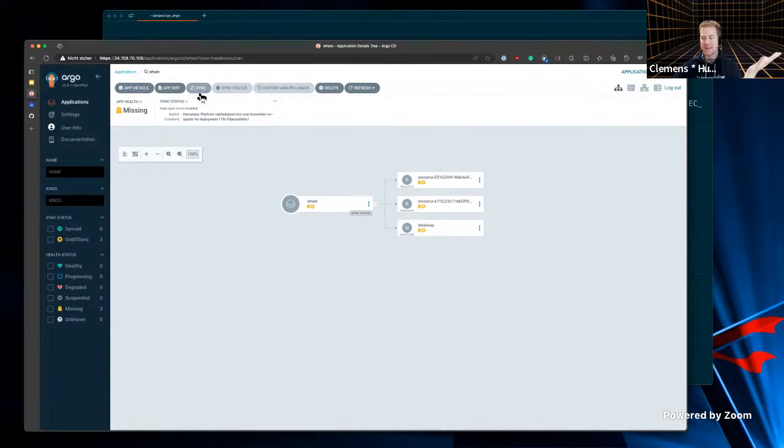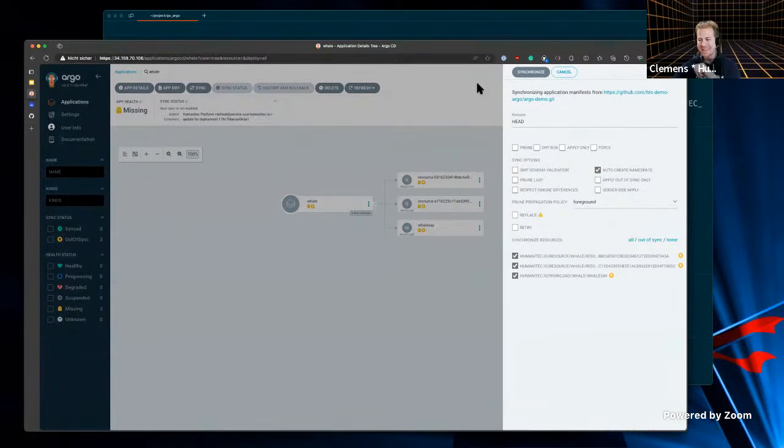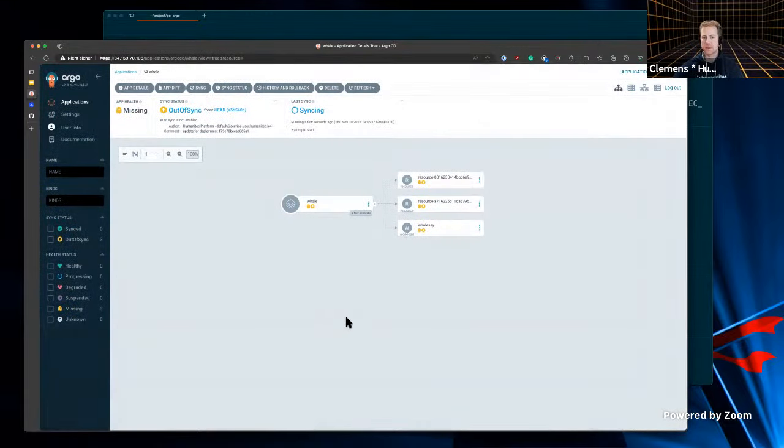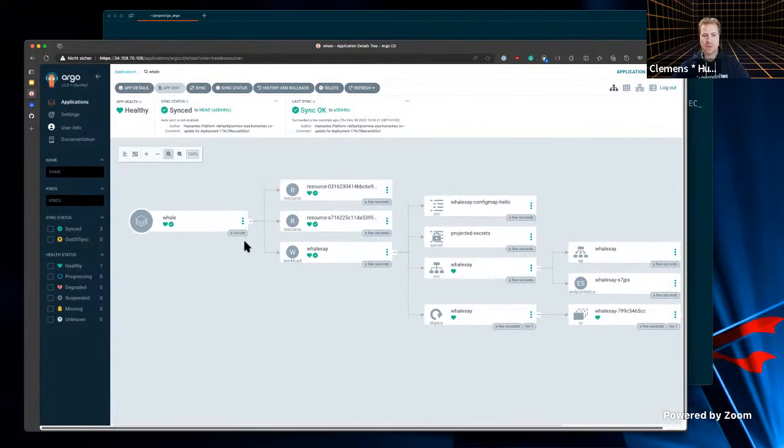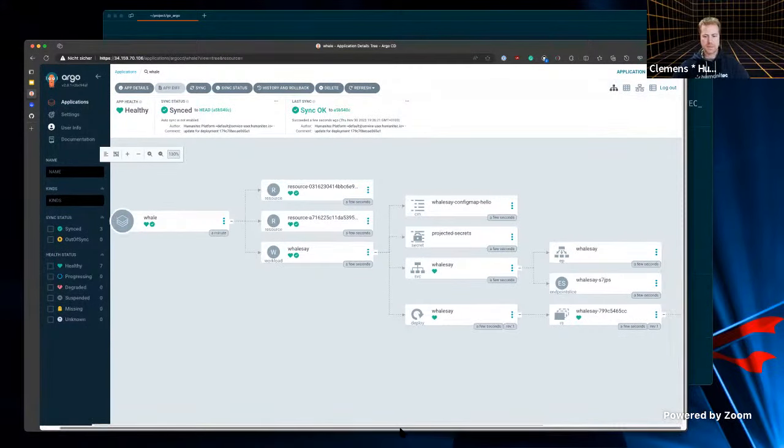So I've basically taken the liberty of preparing the deployment up to the point where the GitOps operator takes over for the first one. So we're going to synchronize now. And what should happen is, as you can see, that this unfurls now into what is actually running on top of the cluster. So out of the 3 things, a lot more comes out. We have a deployment here. I don't know if you can see that very well. Let's just hope for the best.